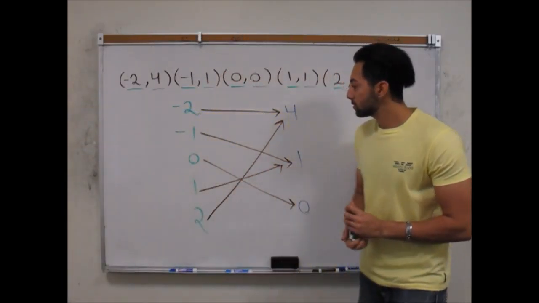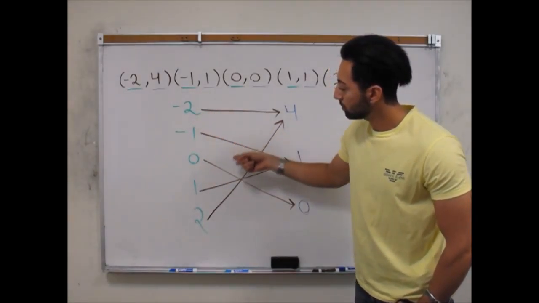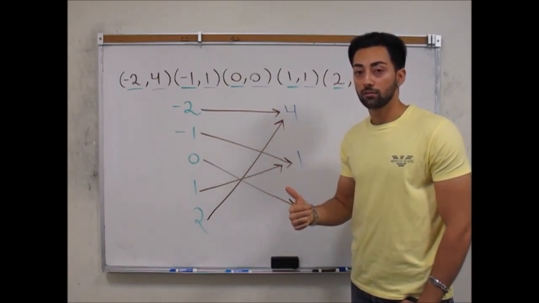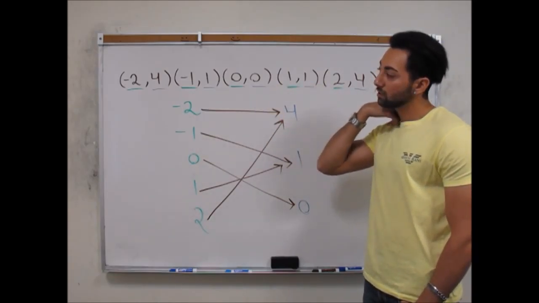Okay, so looking at this, I could see that every input has one line coming from it. So that tells me that it's only got one output. So it matches the function definition. So I could tell that these ordered pairs listed here, by looking at them, I could tell that it's a